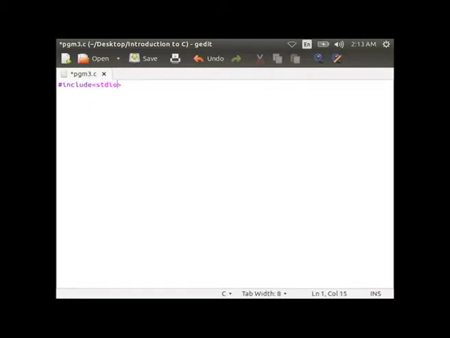Hash include stdio.h, then declare the main function, int main, within curly braces.